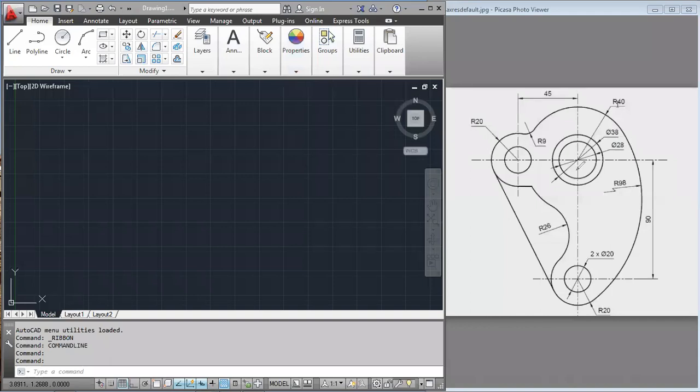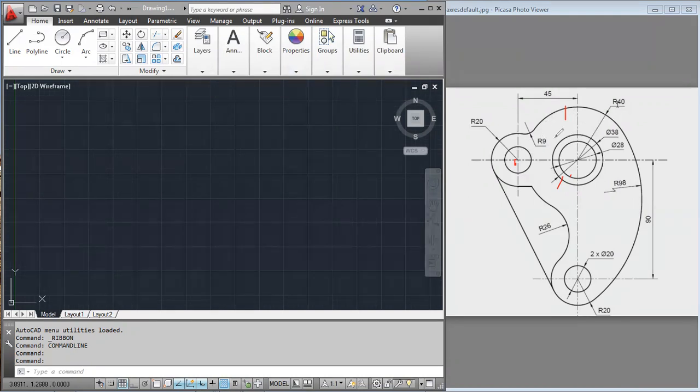First of all, we can see there is one circle, two circles, and three circles. So first of all, I can just draw this axis, then the one, two, and three circles. After that, I will take this center and draw two more circles. Afterwards, I will fillet this circle and this circle using a radius of 9 units.